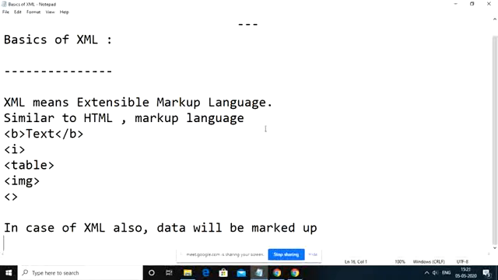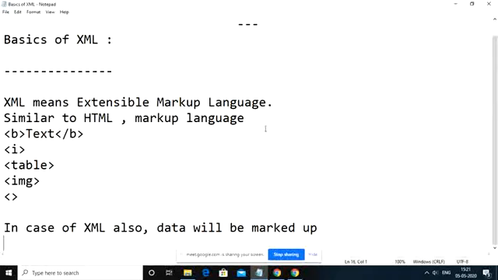The basic difference you observe between XML and HTML is that the XML language is designed for the purpose of carrying or storing the data, and at the same time for providing the transportation of the data between client and server. Whereas HTML was designed for displaying the data. XML mostly focuses on what data we have.